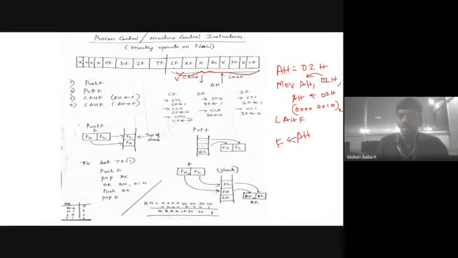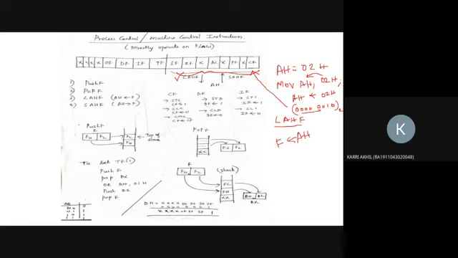The carry flag will be assigned 0, this location is 0, auxiliary carry is 0, this position is 0, parity flag is 0, this one is 1, this one is 0. This number will be moved to the flag register. That will be done by the LAHF instruction. Whatever data is stored in AH will be copied and moved to the lower byte of the flag register. Is the concept clear?